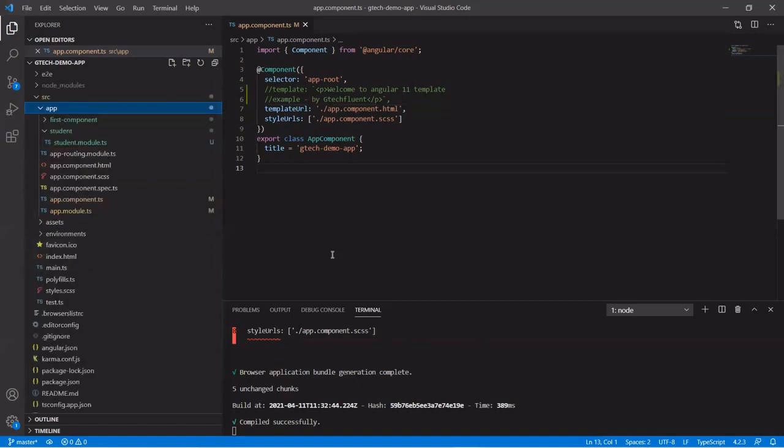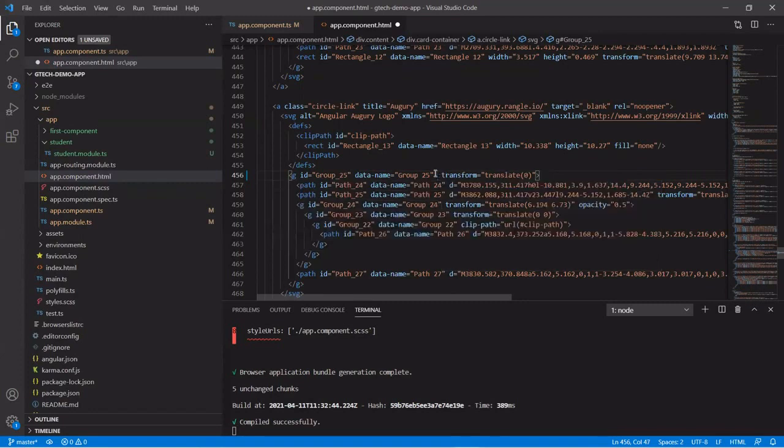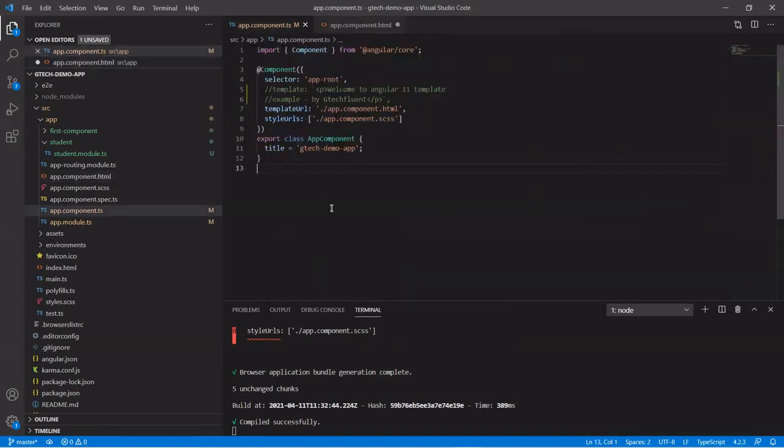One important point to keep in mind is that we have IntelliSense support. If you go to the HTML file, you have IntelliSense available, like for class. Here it is the same, whereas it is not available inside the inline one. We also have code completion and formatting: you can format the code inside the HTML file, and it will be cleaner than adding your HTML inside the component. So it is recommended by the Angular team that you create an external file instead of an inline template for complex HTML content.